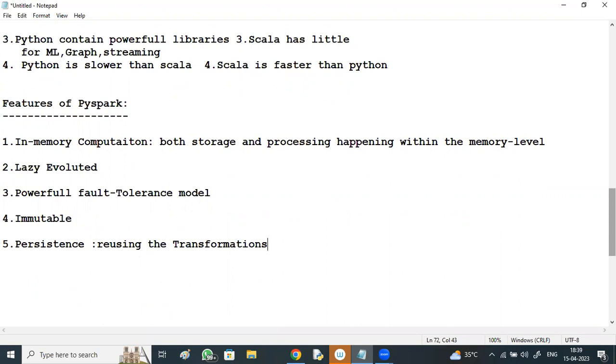If you perform any type of operation on a data object, transforming as per the business logic, the output you are getting can be reused. Again, we no need to re-execute the same operation. For example, there is a data flow: flow 1, flow 2, flow 3, flow 4. Flow 4 output I can directly reuse. Again, no need to execute the flows again, if I have already executed flow 1, flow 2, flow 3. See, observe here.